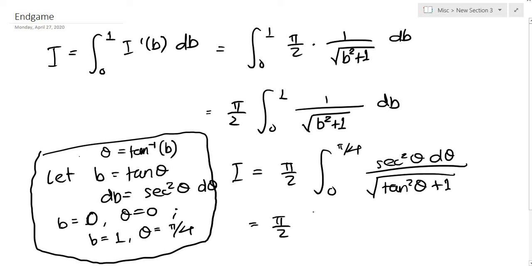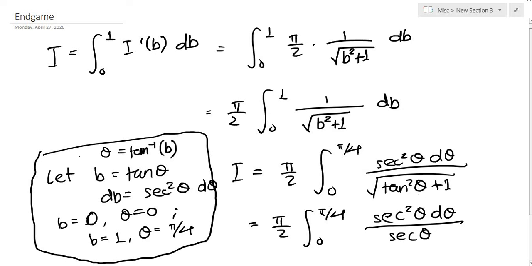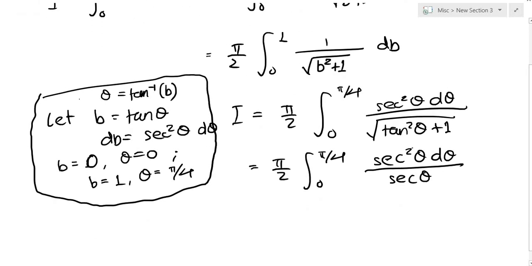By the identity that I showed you a couple of minutes ago, you can simplify the denominator into secant squared theta, and the square root of that is just secant of theta. We can cut out one of the secants. We have pi over 2 times the integral from 0 to pi over 4